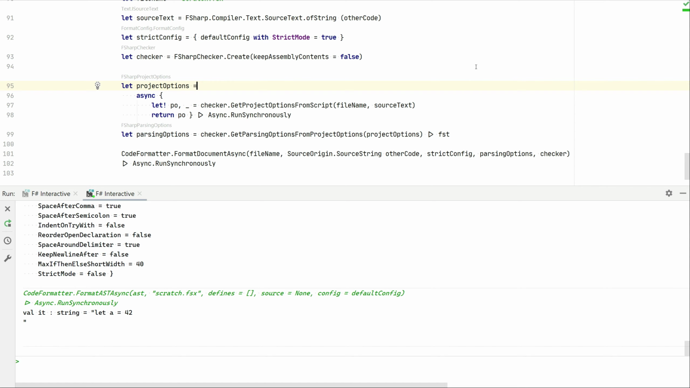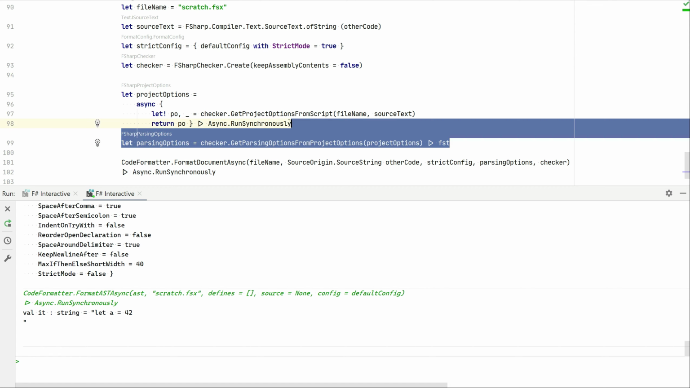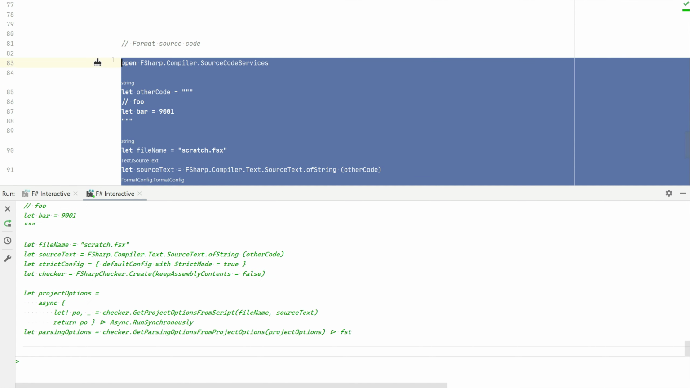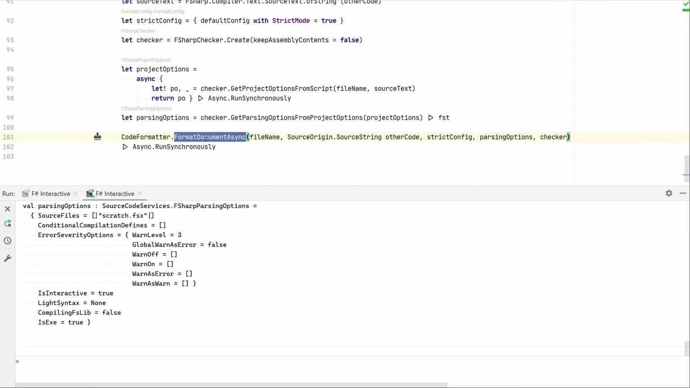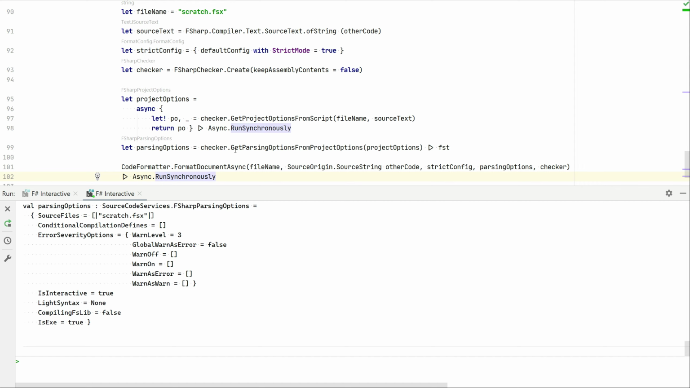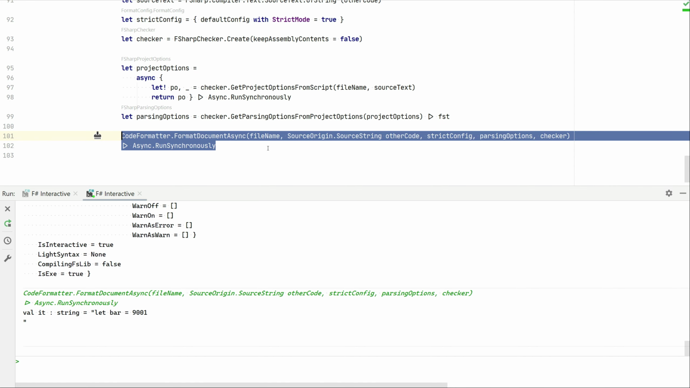The advantage of bringing your own checker is that the generation of the AST can be fairly quicker because it's already being cached inside of the checker, inside of the reactor of the F# compiler itself. So if we were to construct all these things and then pass it along to FormatDocument, you can see that I changed the default configuration to have strict mode on true. And if we now format the document with the public API, we can see that we have our output,